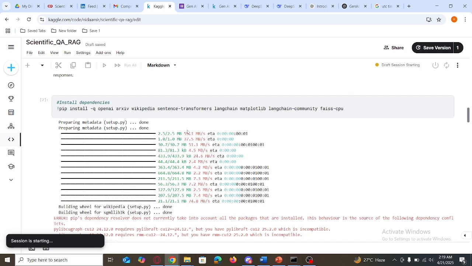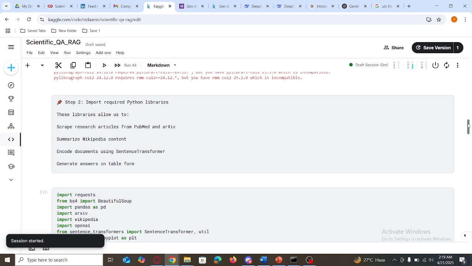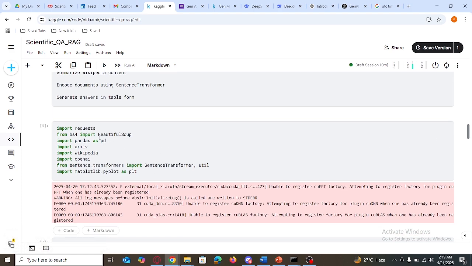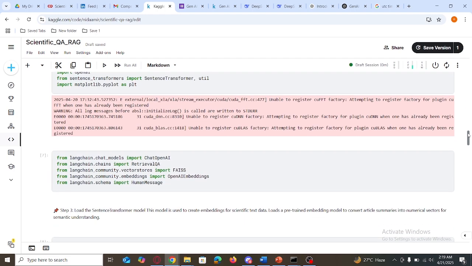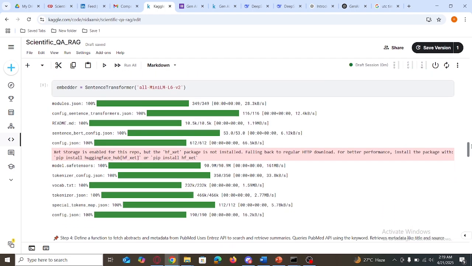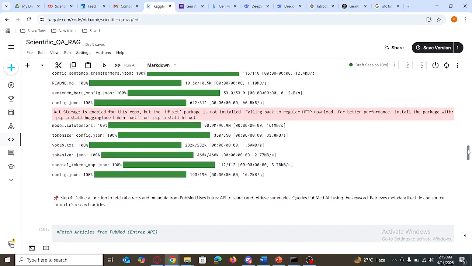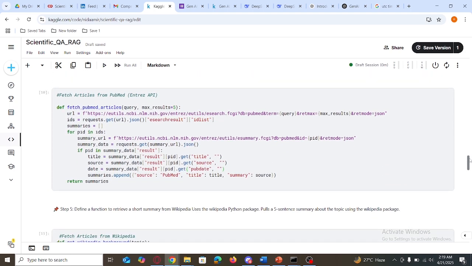First of all, I install dependencies, in which I install arXiv, Wikipedia, Matplotlib, sentence transformers, and then I also import required libraries like Pandas, BeautifulSoup, Matplotlib. And after that, I'm using the all-MiniLM-L6-v2 model for the embedder. It uses sentence transformers. This works really fine.